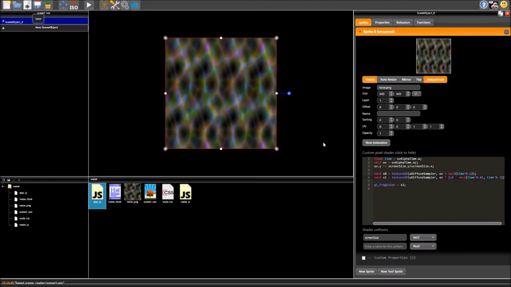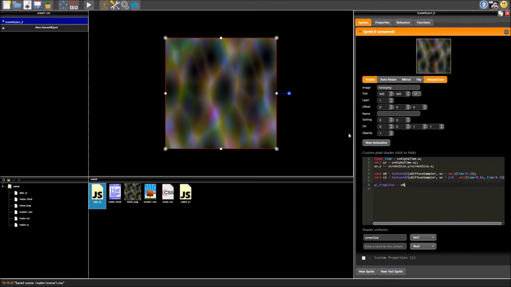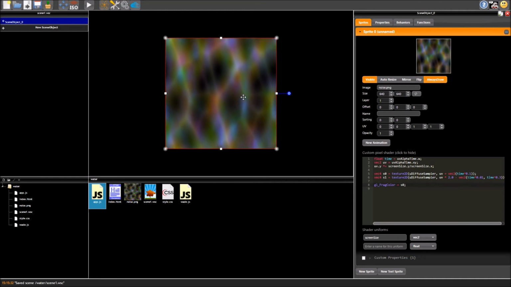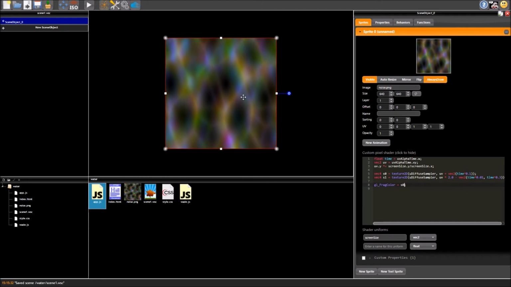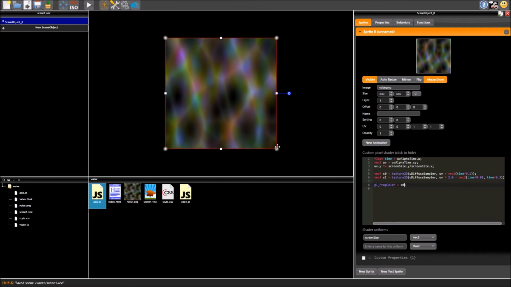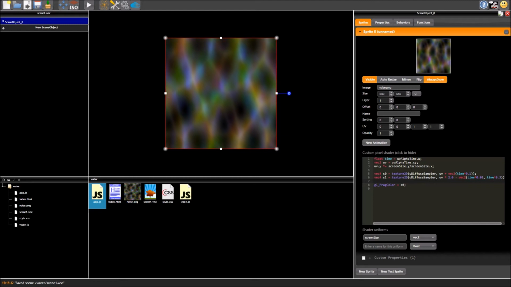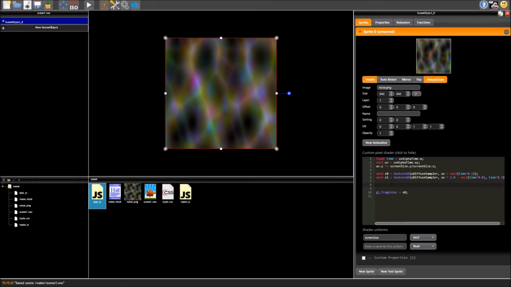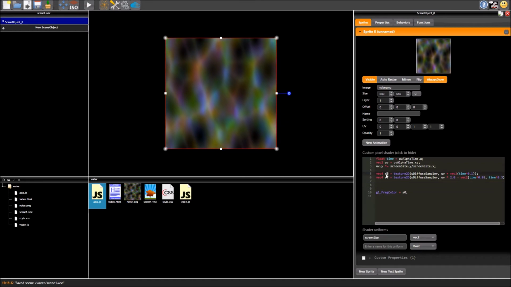So the current problem we have, apart from the colours are all wrong, we can only have one or the other. Really, we want to mix these two together so we've got components moving in different directions. A bit like water. The whole river is flowing one direction, but individual pieces, you can find other bits, little crests of waves, moving independently, in different directions. So that's what we need to achieve. And we're going to achieve that by adding some colours and mixing them together and using these different samples combined.